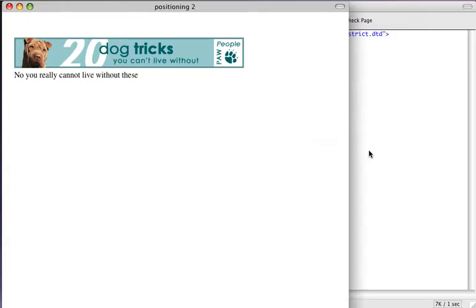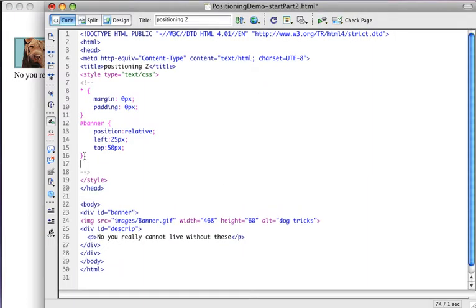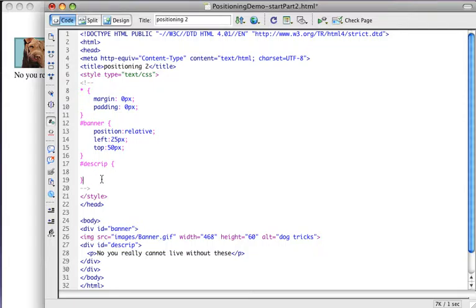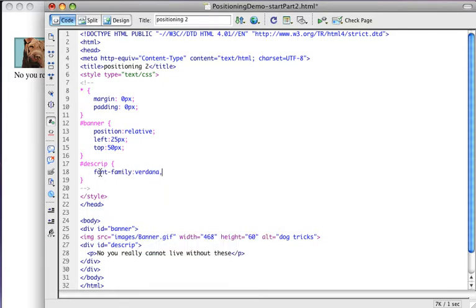So now what I'm going to do is I'm going to style my text right here, and we're going to take our text and we'll apply some styles to it, and then we'll kind of bring it out so that it appears above our image. So once again, I'm going to come into my CSS and I'm going to go ahead and make a style for my descript div tag, and inside descript, the first thing that I want to do is set the font family,